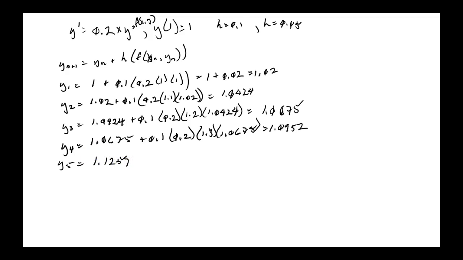I wish I had room to write it on the same page, but I write too big and not going to get there. When they do that, and get to 1.5, they get 1.1295. So it's just slightly bigger, but the actual value is even a little bit bigger,